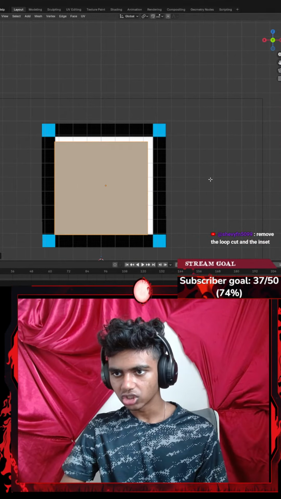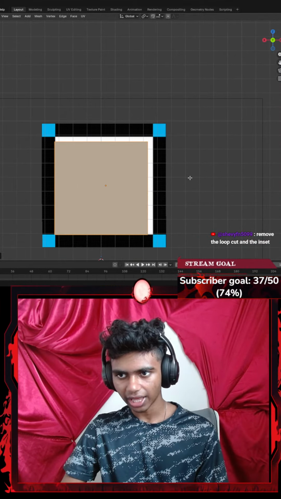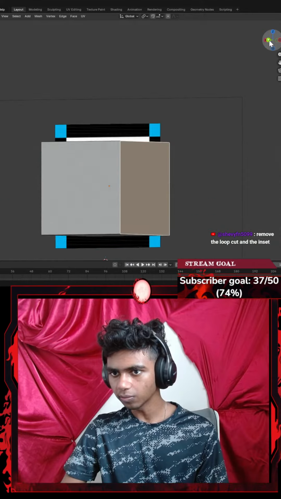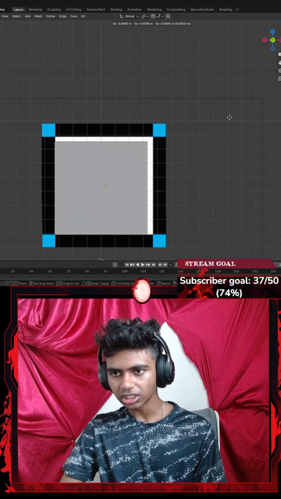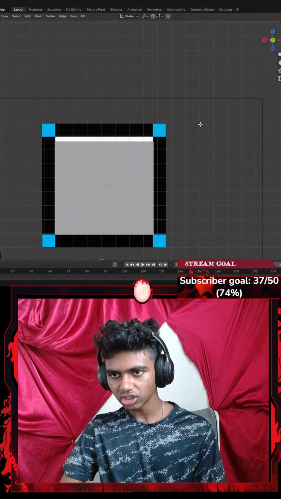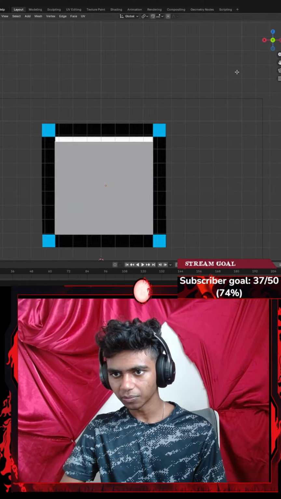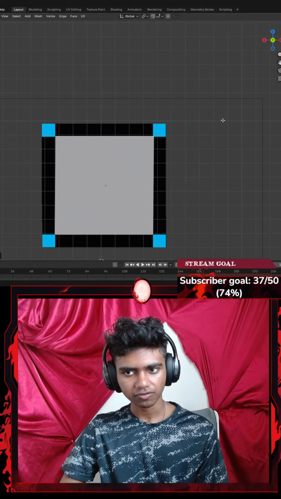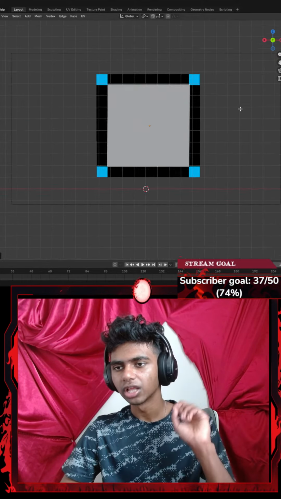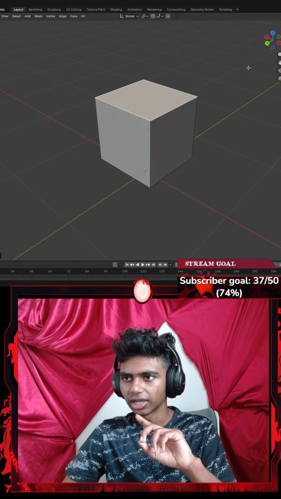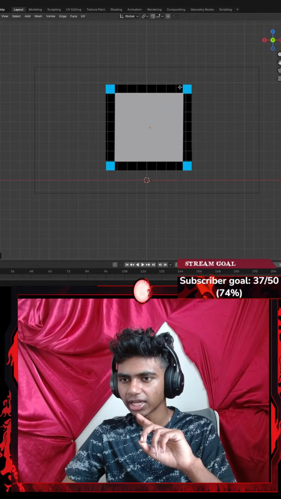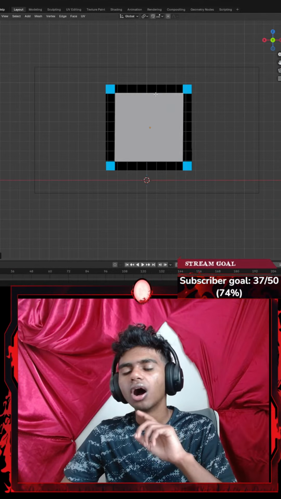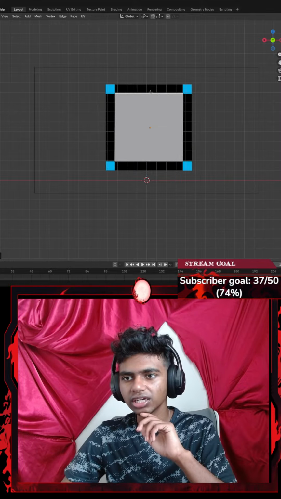Go with GZ, and then... Okay, now I just gotta like adjust the size. I think I could go ahead and extrude a bit from here. But if I actually did this part, let's go with something like G to extrude. Let's go with something like G up here. There. Okay, now it covers my entire inner box. Remove the loop cut. There is no loop cut as well. I see a tiny square here. If I were to hit something like I... Oh, I see. Okay, I think I see.